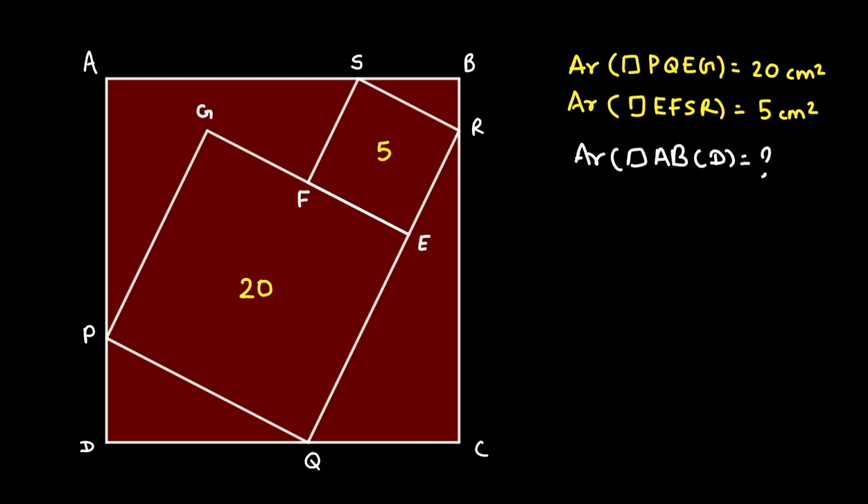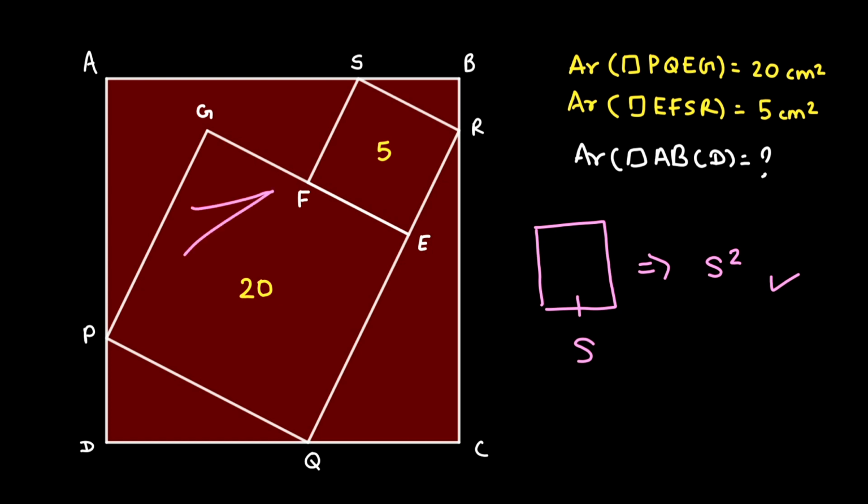So recall that if there is a square whose side length is equal to s, therefore the area of the square would simply turn out to be s square. So the same concept can be used over here. So for example, if we take the side length of this bigger square as a variable x and the side length of this smaller square as a variable y, so what can you say about the values of x and